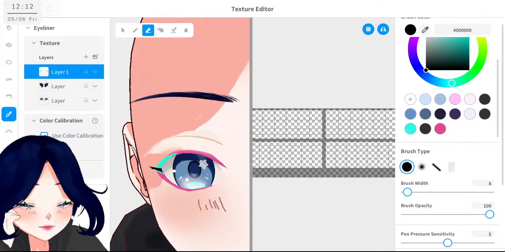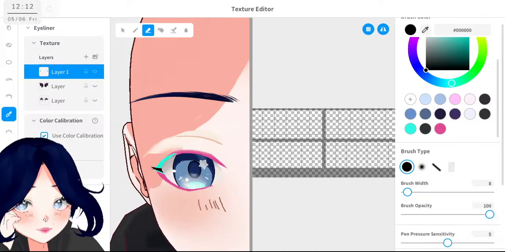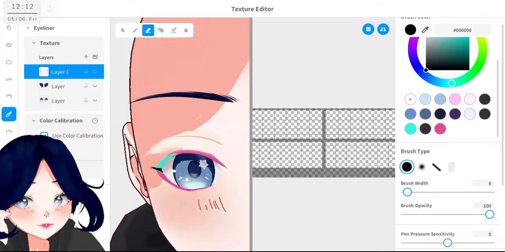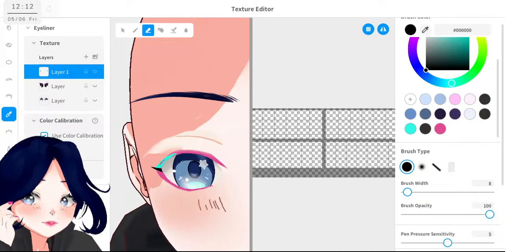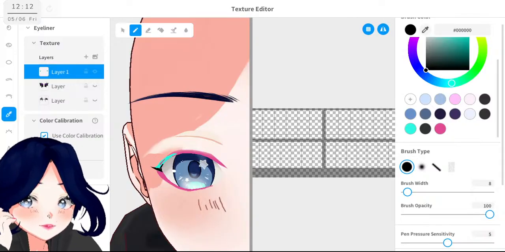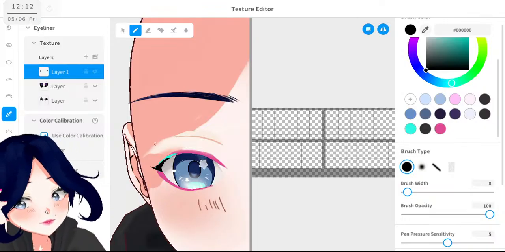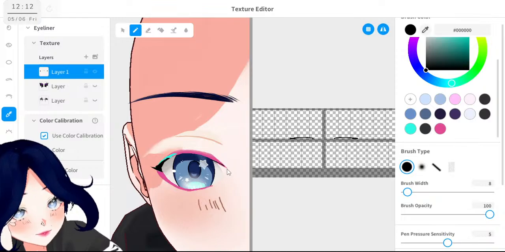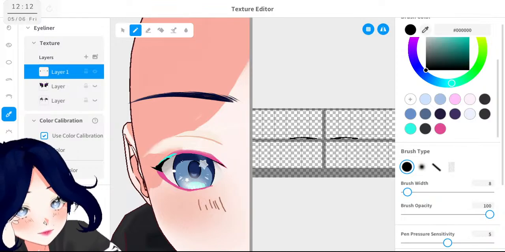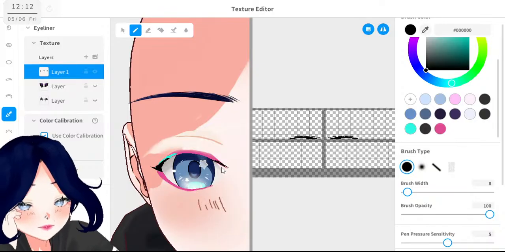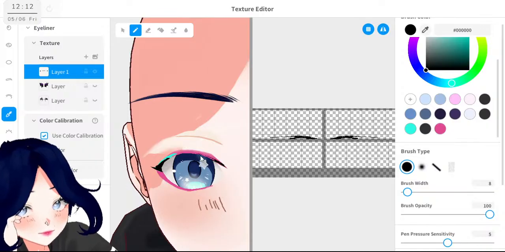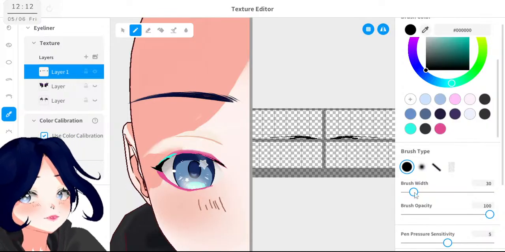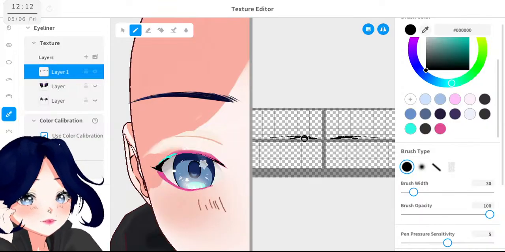Like this, and then erase all of this. Oh, brush. Okay, the basic shape should follow until here. Here. A little more brush, more width.